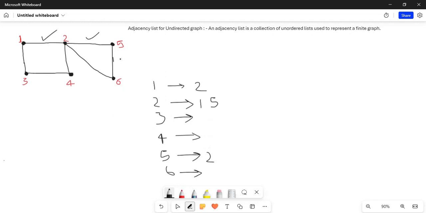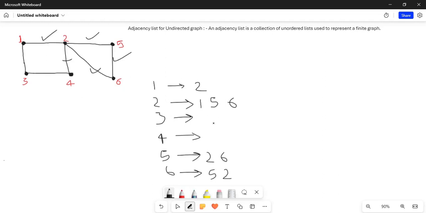For the edge 5, 6, 5 will be added in 6 and 6 will be added in 5. For the edge 2, 6, 2 will be added in 6 and 6 will be added in 2. Similarly for the edge 2, 4, 2 will be added in 4 and 4 will be added in 2.